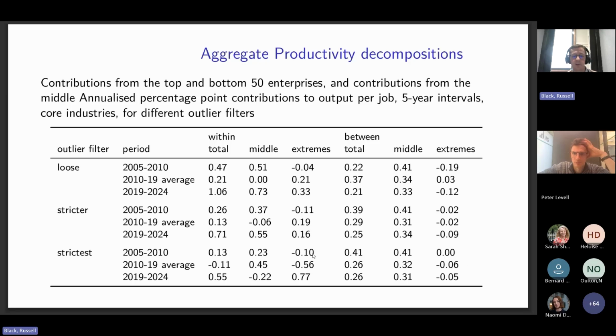This is just another robustness table showing if I take the top 50 and bottom 50 contributors to the story and exclude them as extremes, what is the story in the middle? Roughly the same. The extremes sort of cancel each other out on either side. So we still have stronger within firm growth, apart from in specification 3, but more or less similar between firm growth. The top and bottom 50 companies are the largest companies. So they add up to about 1 million workers each.